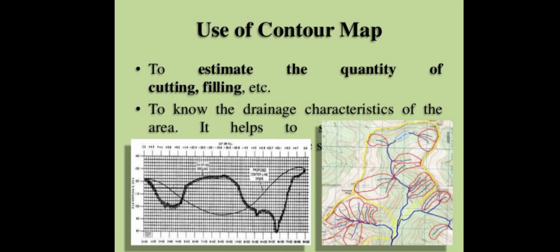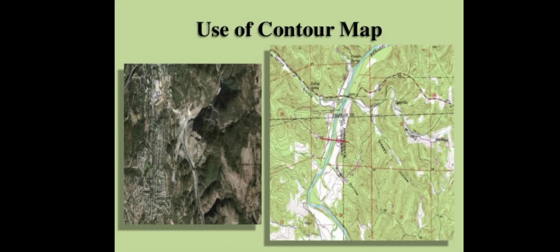Freehand we cannot draw. Here also you can see one is the Google image from the satellite and one from the non-satellite. Here the same thing is shown: where the road is, where the residential area is, where the city street is, where the hill station is, where the forest is, like that. We will be able to know the particular area, what the area of the particular location is, and what things are involved over there.